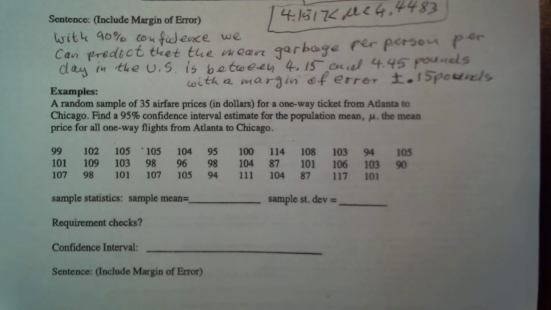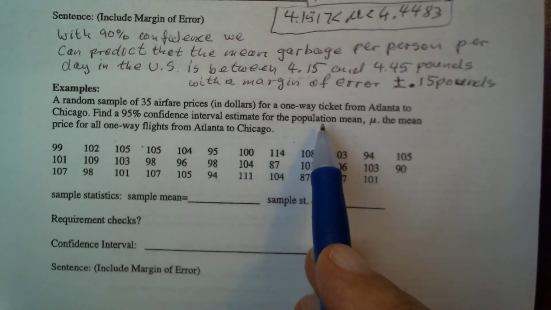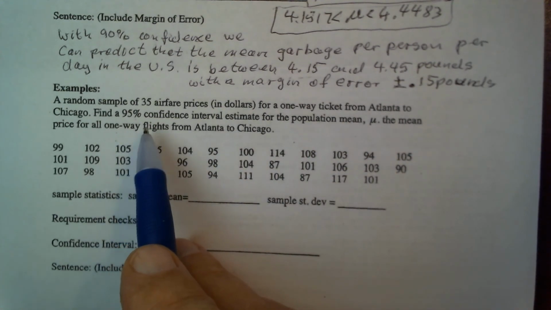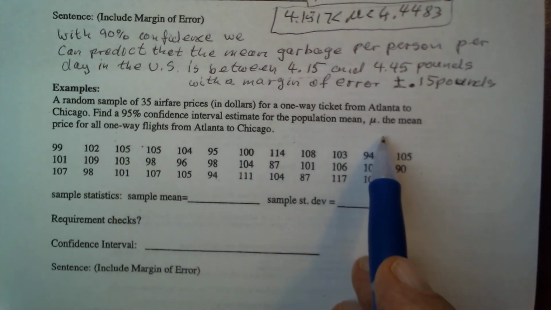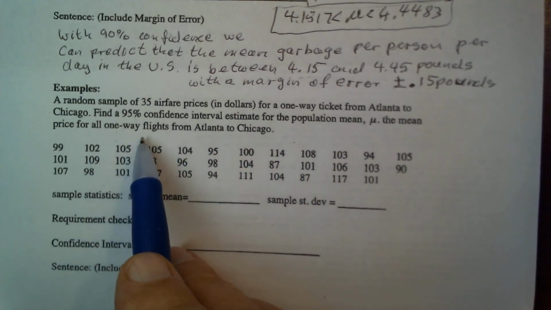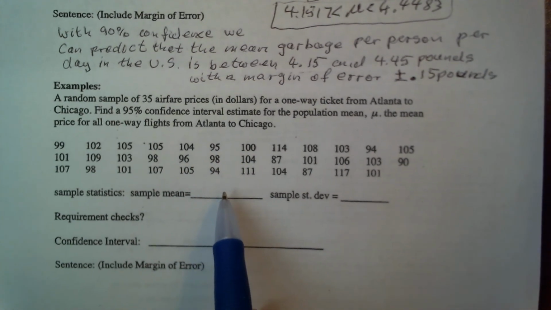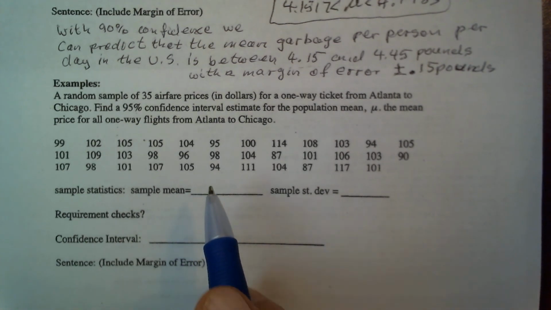Let's look at another example. A random sample of 35 airfare prices in dollars for a one-way ticket from Atlanta to Chicago. Find a 95% confidence interval estimate for the population mean, mu, the mean price for all one-way flights from Atlanta to Chicago. So the first thing we need to do here with these 35 sample prices is find